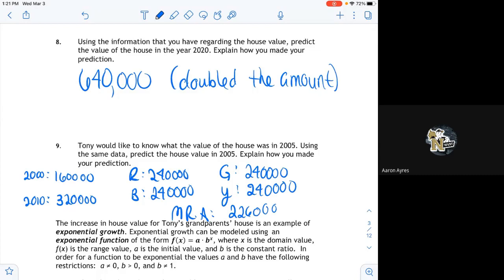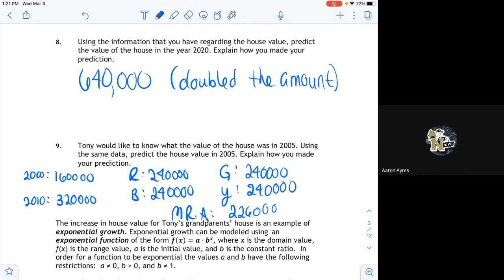Emily thinks that's what happened. You guys agree with what you say? That you assumed that the rate would increase by the same amount between 2000 and 2010, and you just take the halfway point there. Okay, you really just took the average number between 160 and 320, right? Basically. Thinking that the growth between that decade would be the same each year.